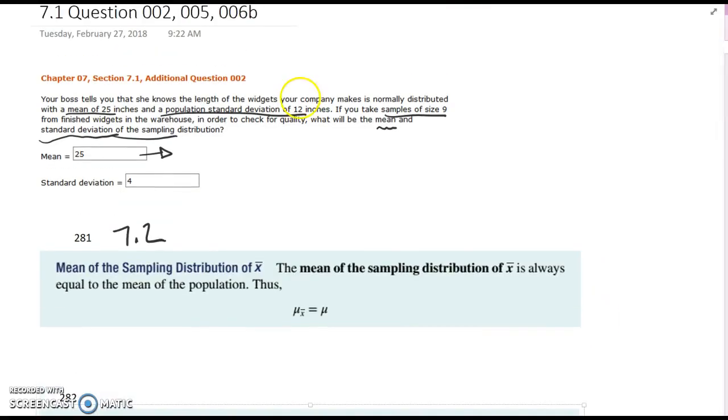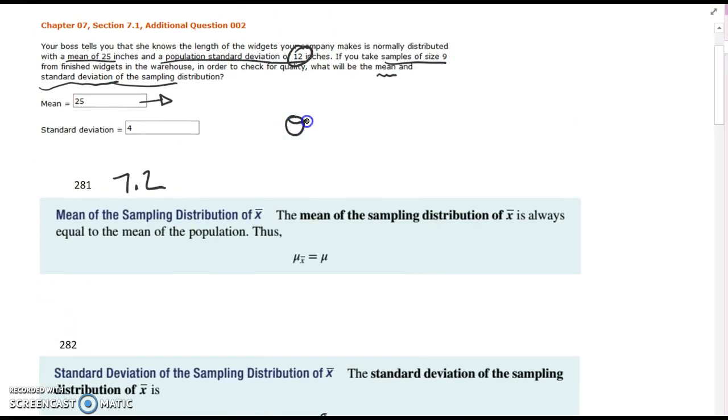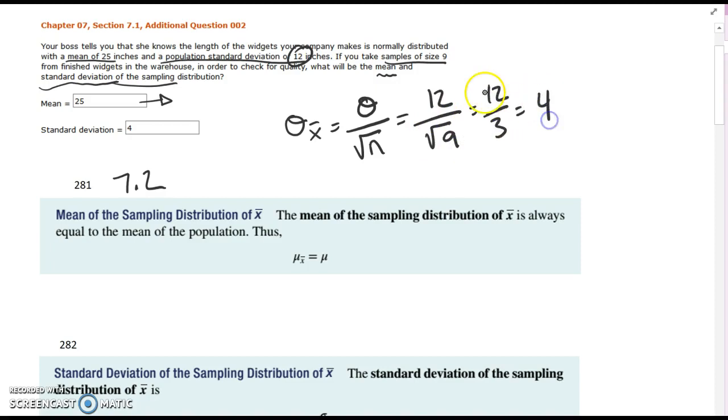So we're given a standard deviation of 12, and so if we want to know the standard deviation of the sample, the standard deviation of the sample is going to be the standard deviation of the set divided by the square root of the sample size. So in this case, 12 divided by the square root of 9, which is 12 over 3, which is 4,